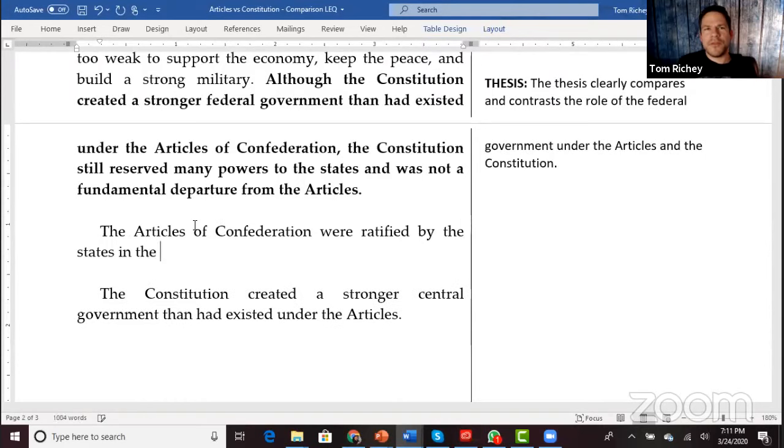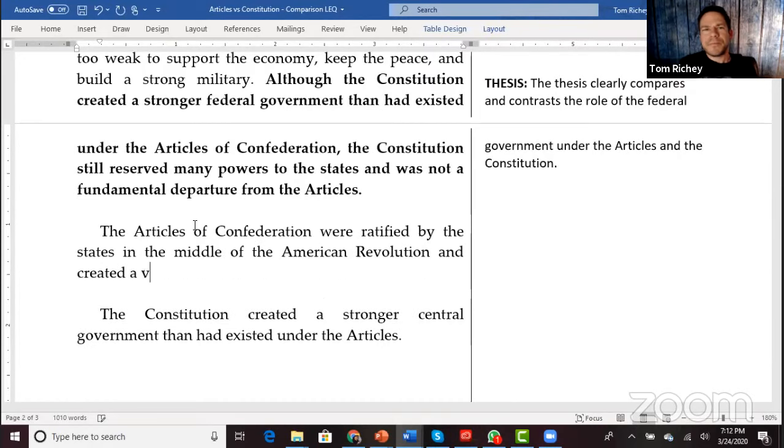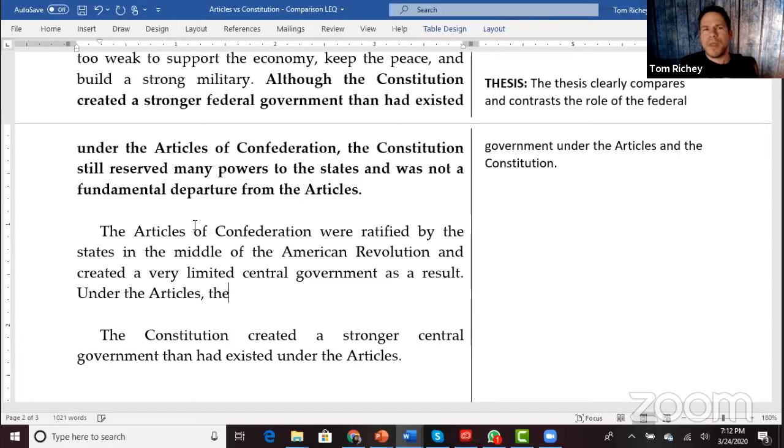by the states in the middle of the American Revolution. Okay, so we see here that the Articles of Confederation, that's a topic sentence, and as a result, created a very limited central government as a result. Okay, so we see here that under the Articles, Congress had very few powers